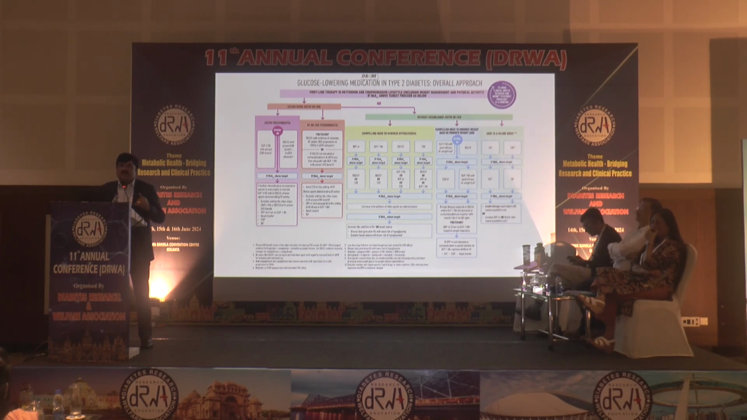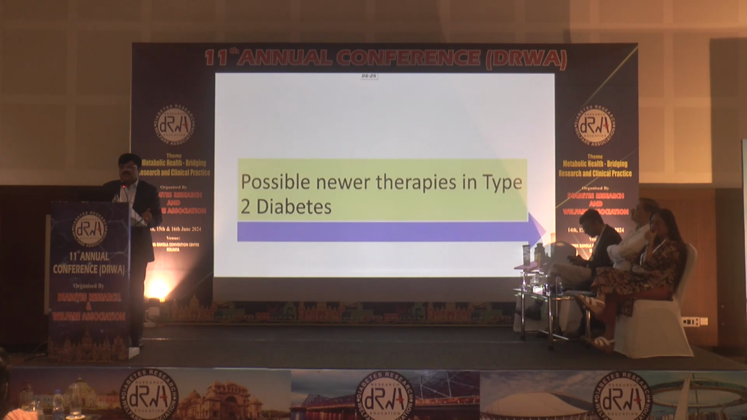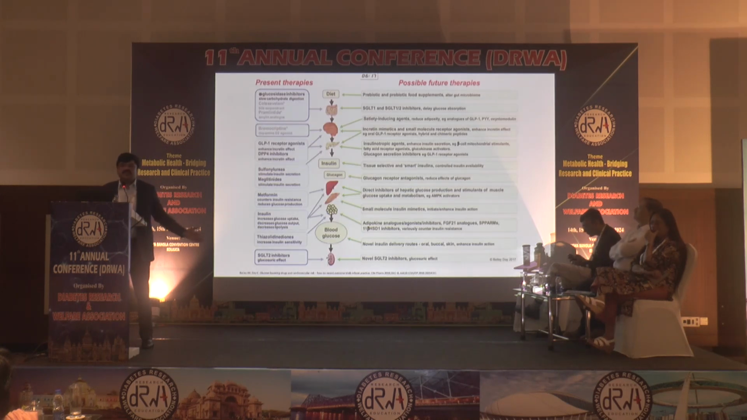So the multiple pathophysiological aspects are addressed from the beginning, where the Sweet 16 has been considered and addressed from the beginning, so that the long-term morbidity and mortality is reduced. So what are the possible newer therapies in type 2 diabetes based upon the understanding of the newer pathophysiological aspects? You can see here, it looks a busy slide, but concentrate on the right hand side,